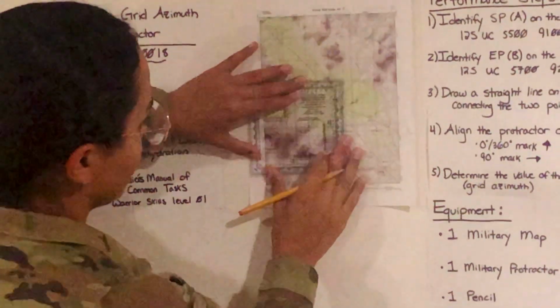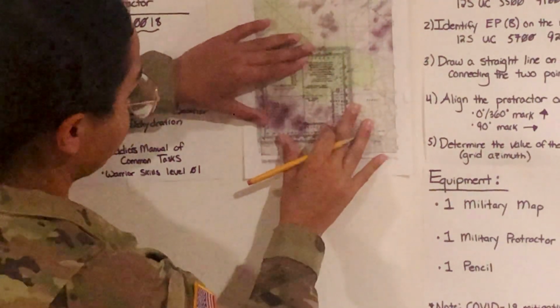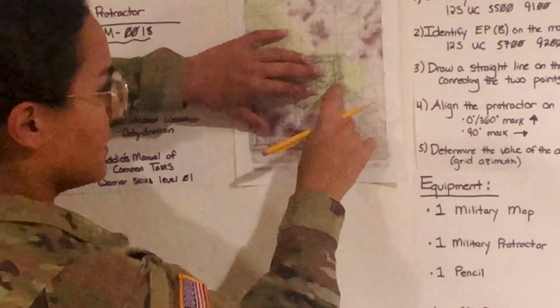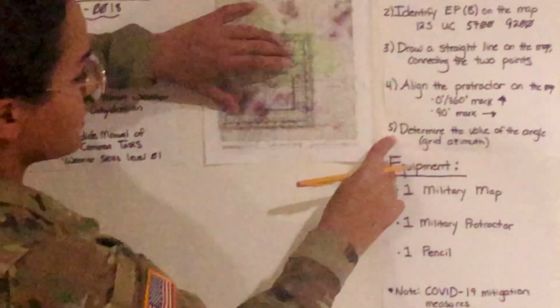And we can slide the index over until we get to point A. We will be starting this from point A. That is important. Okay. And then we have point B right up here. And we'll actually take that into our 5th step, determine the value of the angle. So to do this,